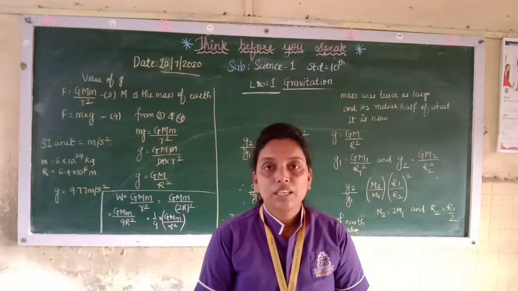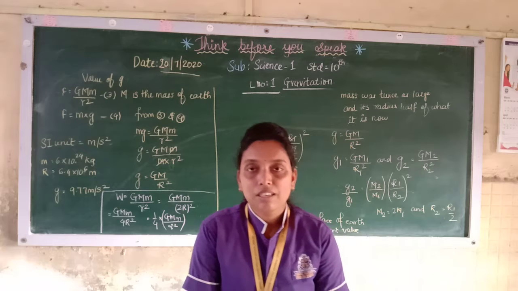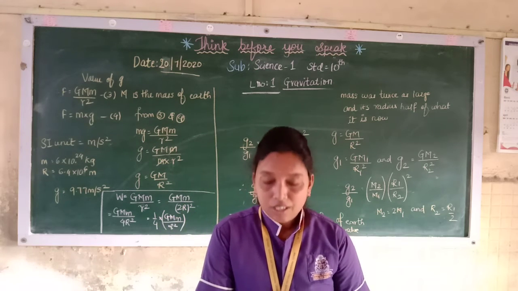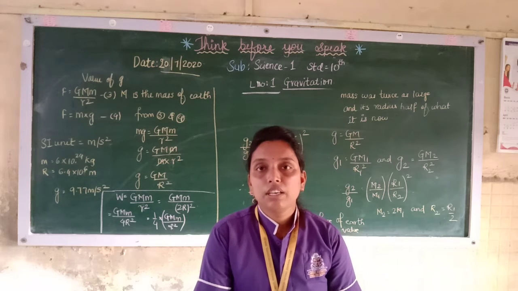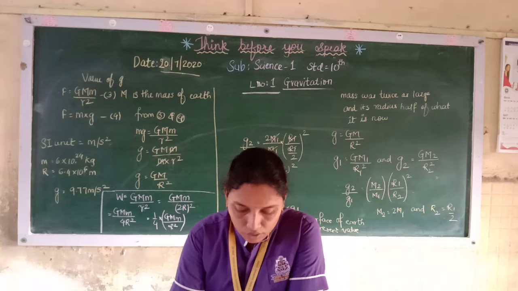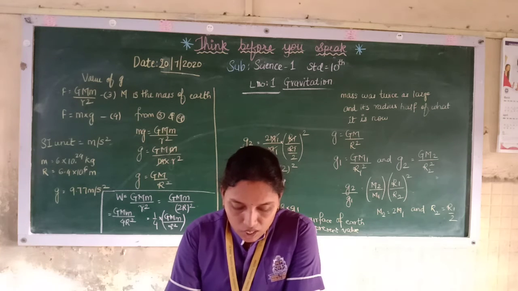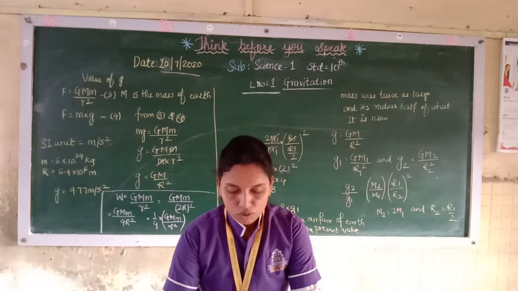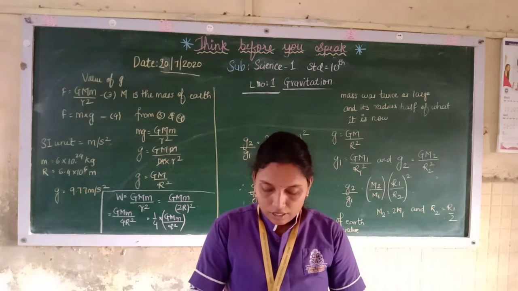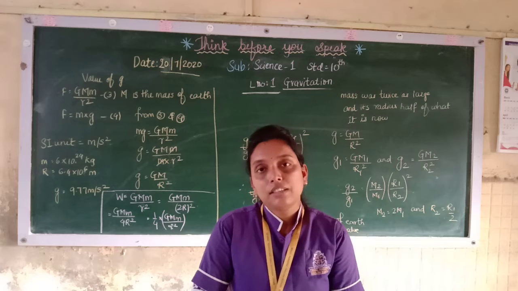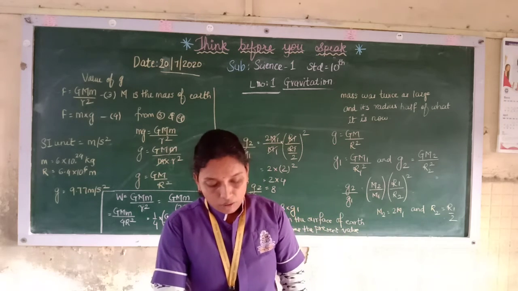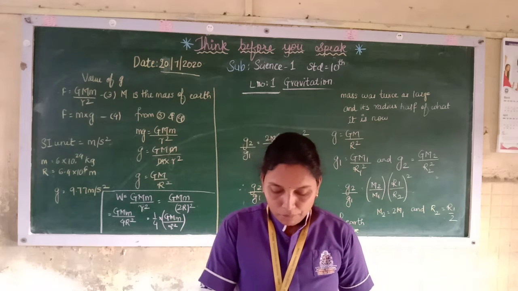So remember, with depth, if we go towards the inside of the earth, the value of g decreases as we go deep inside the earth. Now, will the direction of the gravitational force change as we go inside the earth? The direction will not change. What will be the value of g at the center? As it is decreasing, when it reaches the center of the earth, the value will become 0.